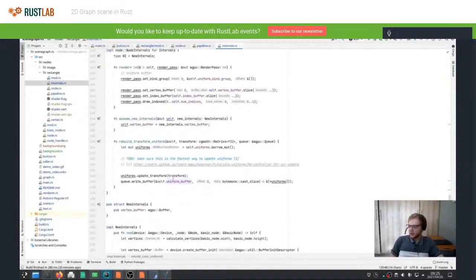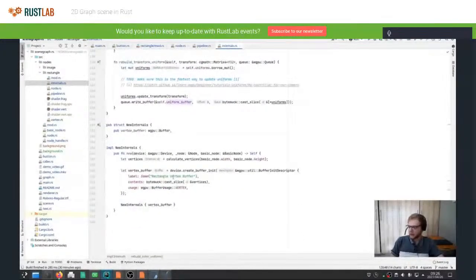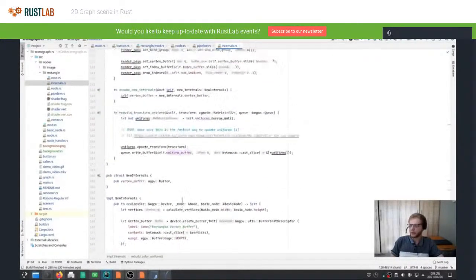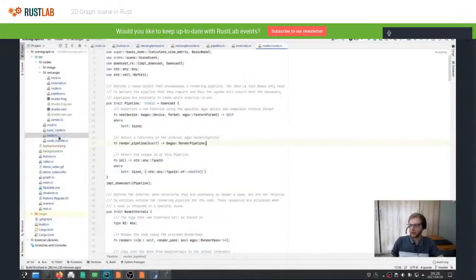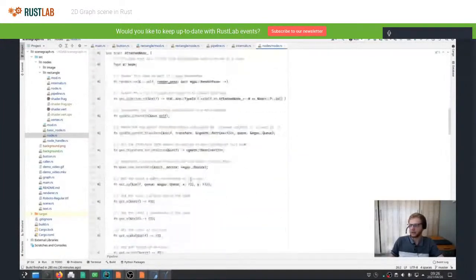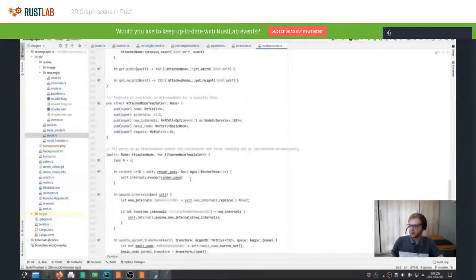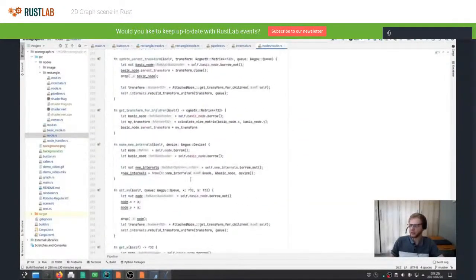There's a lot of code here, but it's not really that complicated to understand. I've tried refactoring a lot so that all the shared code between different nodes is stored in this generic node class here.